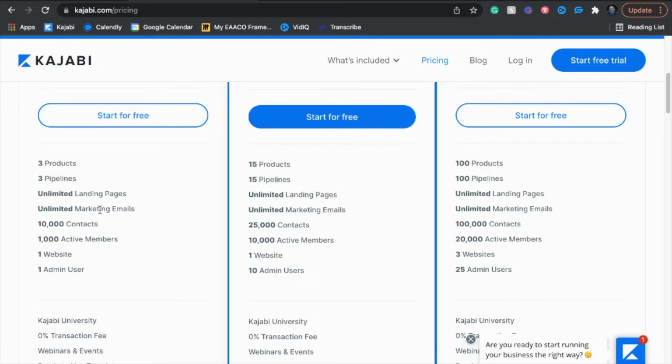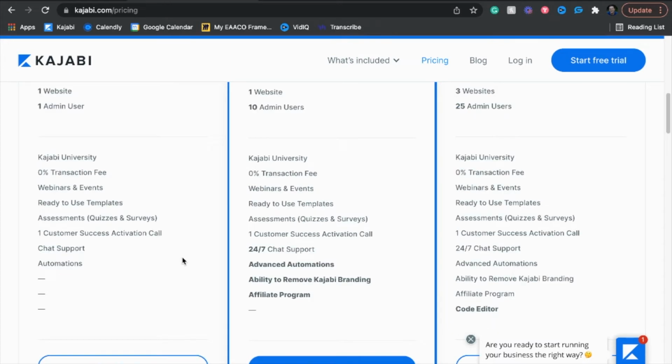You get unlimited marketing emails, which is killer, because that right there, like they promised, takes out Mailchimp or Constant Contact or ActiveCampaign or whatever you're using to send out your emails. You get 10,000 contacts and then 1,000 active members, a website, and 1 admin user. Now, what's also cool is that you get Kajabi University, where they literally teach you how to use Kajabi and